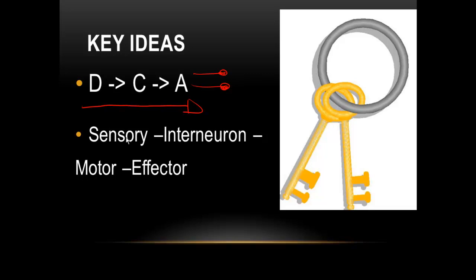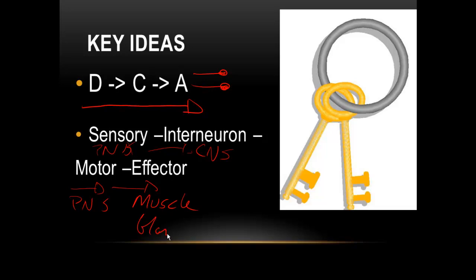We also want to know the parts, the direction of information in a reflex arc, beginning in the sensory, peripheral nervous system into the interneuron, which is in the spine. So this is the central, out through the motor neuron, peripheral again, and ending in an effector. The effector is going to be a muscle or a gland. A muscle obviously will contract, a gland will secrete a hormone. Hope